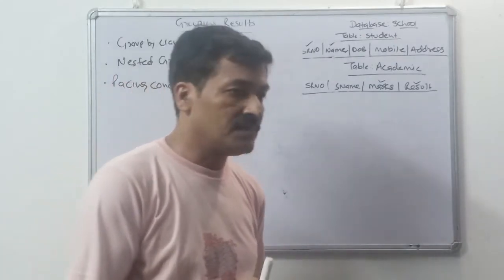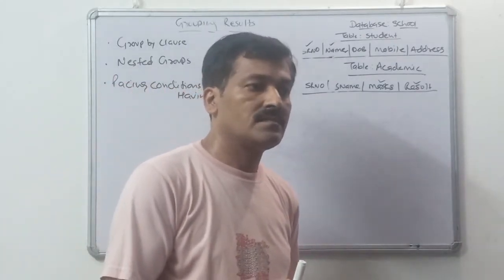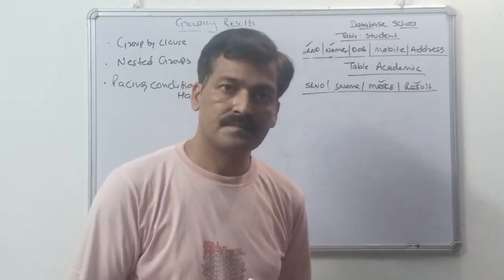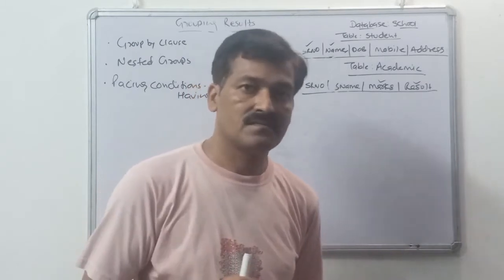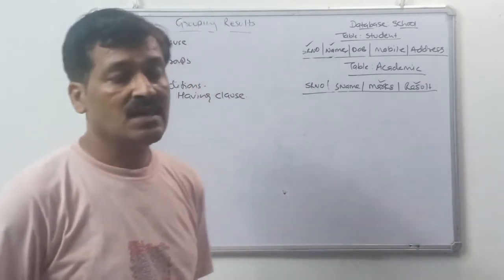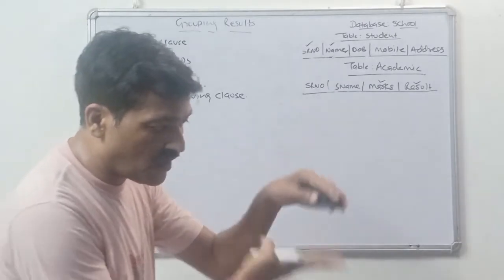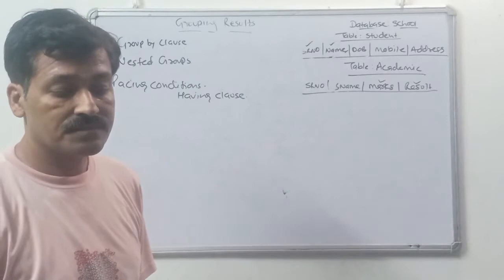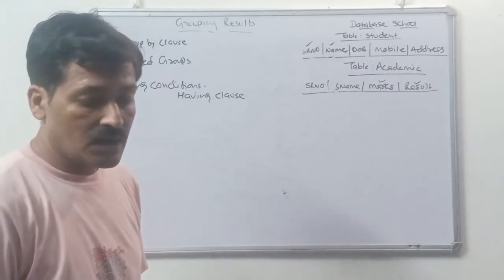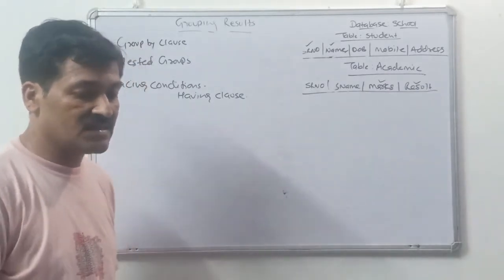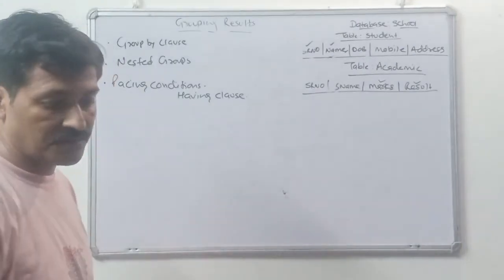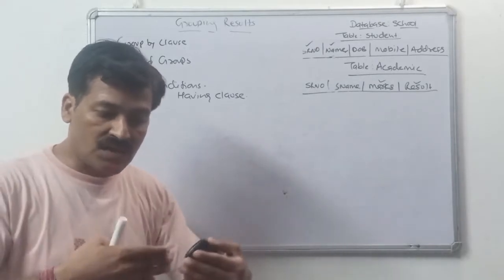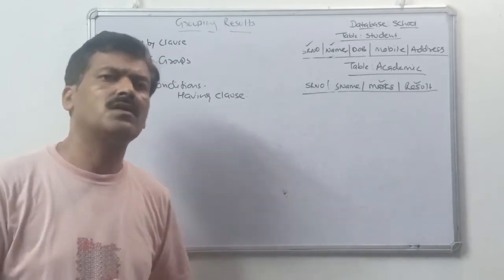I want the maximum commission or incentive given to everybody. So for these kinds of queries, where we need to create a group of identical values, this grouping result feature is used. So the grouping result feature is used to create the groups. As I told you, the group by clause combines all the records that have identical values in a particular field or a group of fields.